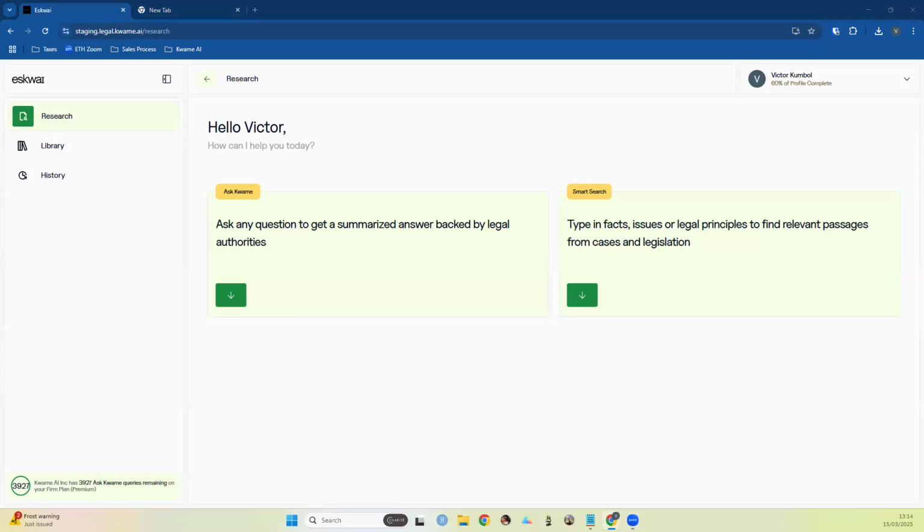Like George said, these are 6 new features that we have available. Some of the features you would encounter as you do regular Ask Kwame queries, so I'll start off with that, and whenever that comes up, I'll highlight how different it is. I'm going to start off with our placeholder query on Ask Kwame: what is the parity of interest between judgment creditors and secured creditors?